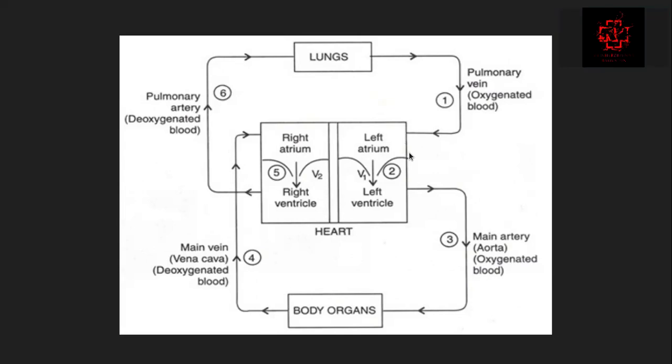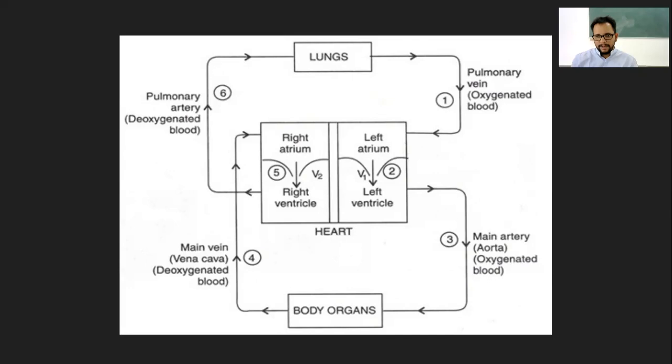Okay, and what about the beating of the heart? Does it beat ventricle and atrium, or right heart, left heart? So it beats atrium and ventricle. That part also we will see in the mechanism, how it exactly functions. But just to quickly let you know, the atria will contract first, that means right and left will contract simultaneously, and then the ventricles will contract simultaneously. So that way it cycles.